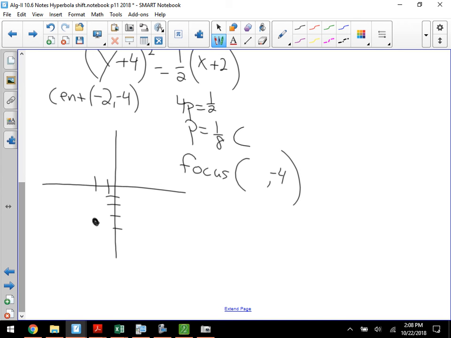No, you have a calculator. Yes, ma'am. How do I get the focus? The 4p is playing the role of 1/2. What's p? Multiply both sides by 4. 1/2 times 1/4 is